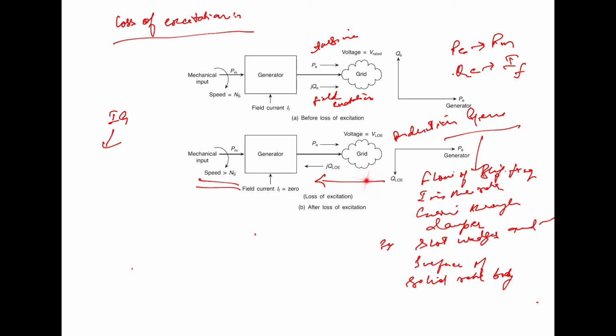If the grid is able to fully satisfy this demand for reactive power, the machine continues to deliver the active power PE but draws the reactive power, let us suppose QLOE MVA,